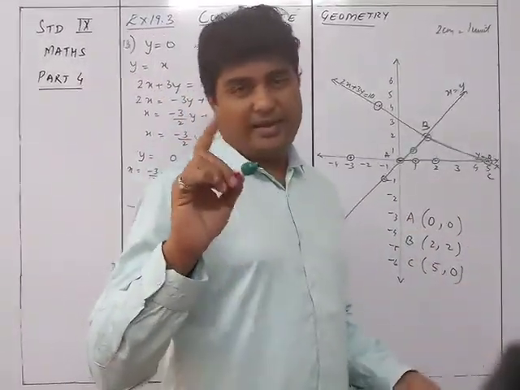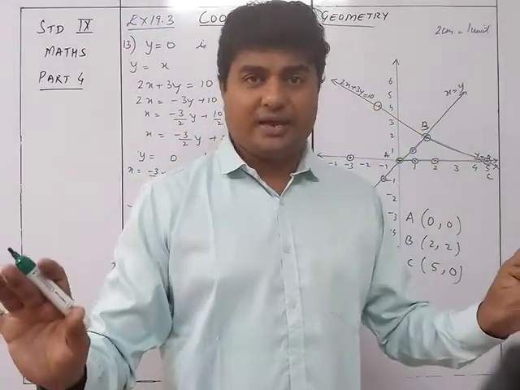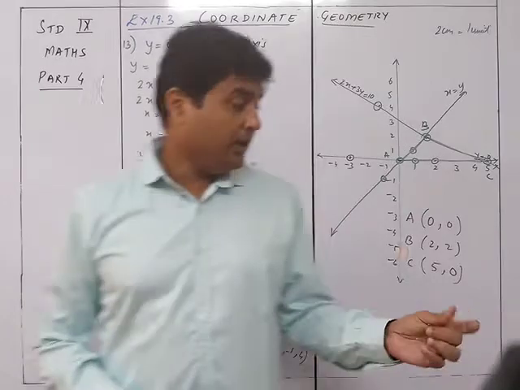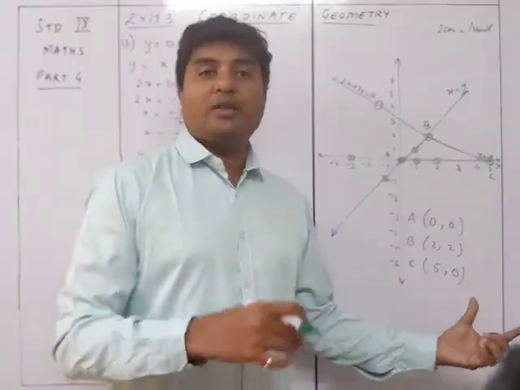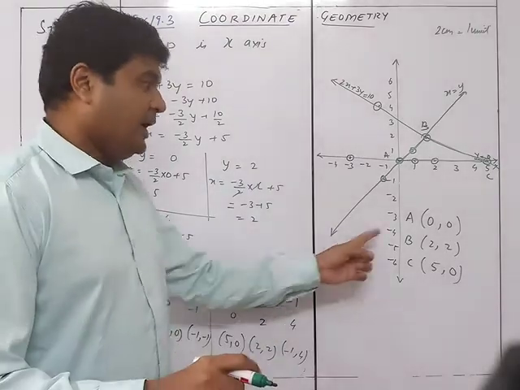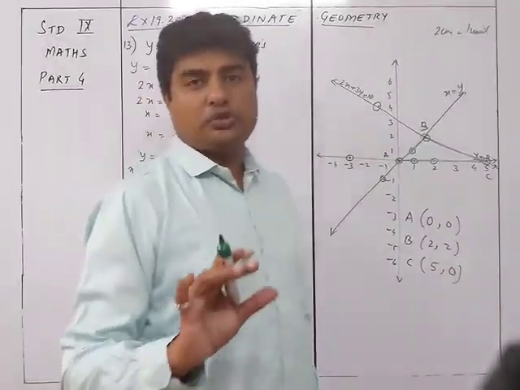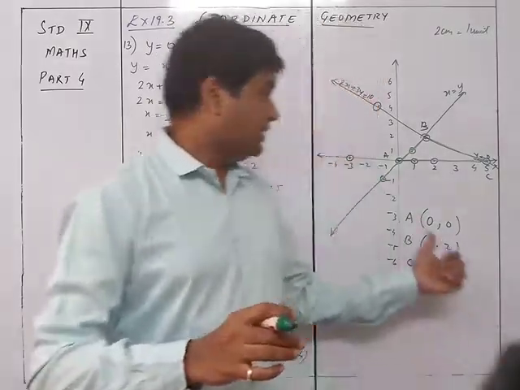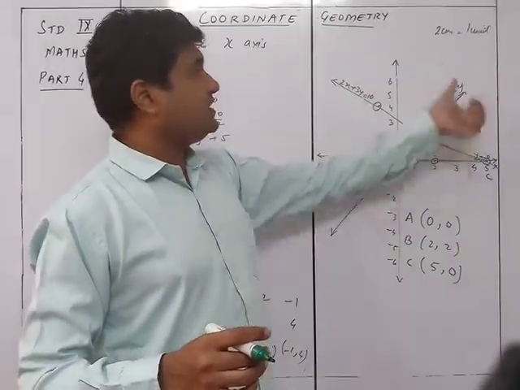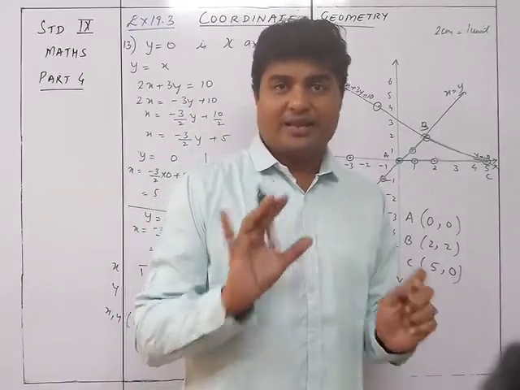One more thing, I am writing it over here on the graph paper, but you should not write anything on the graph paper. I forgot to tell you this thing. Whatever the answer is, you have to write on the right hand side, or you can say write over here, below where you write, write the answer as A is equal to this, B is equal to this. On the graph paper, you are not supposed to write anything except the drawings, the equations and the scale. Don't write anything on the graph.